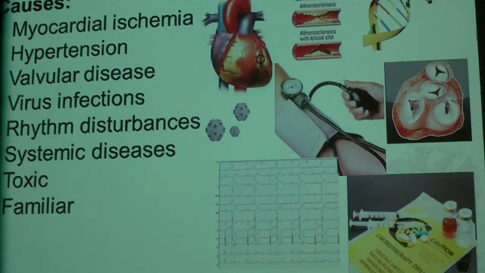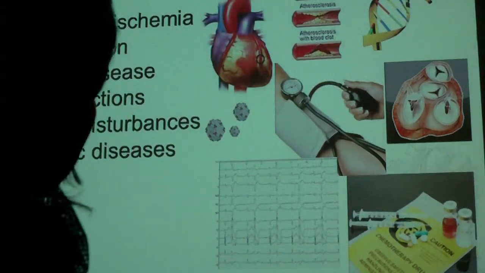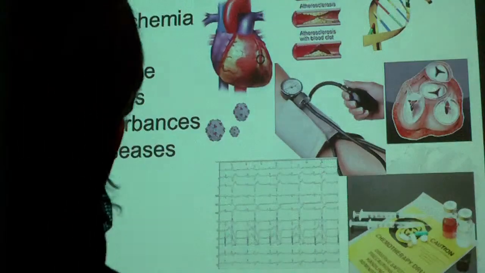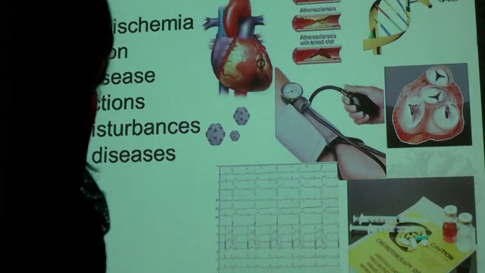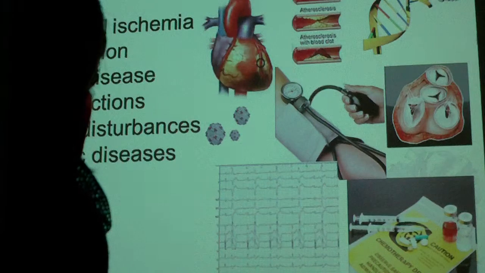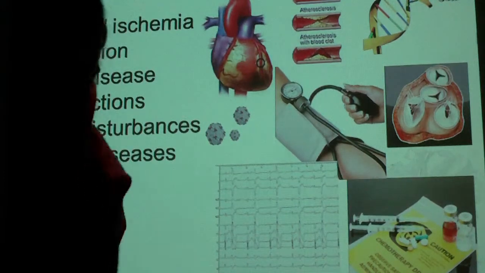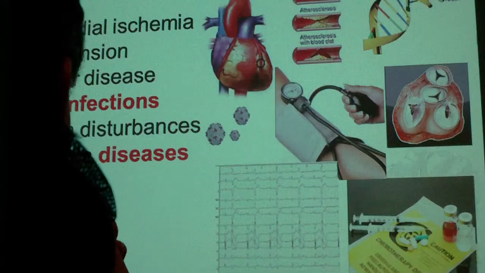You all know heart failure has a lot of causes. The most known cause is myocardial ischemia, a heart attack. Let's say about 80 to 90% of all patients have had a prior heart attack. As you can see, the coronary artery disease here. These are normal arteries. You can see atherosclerosis and eventually plaque rupture, and then patients get a heart attack. Depending on which vessel it is and where the heart attack is, depends on how the clinic will be later on. Also uncontrolled